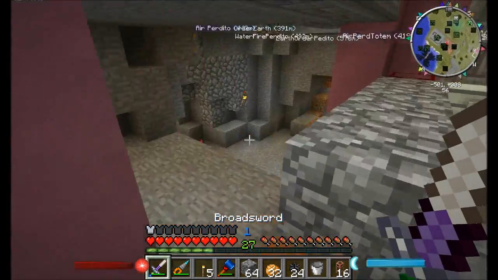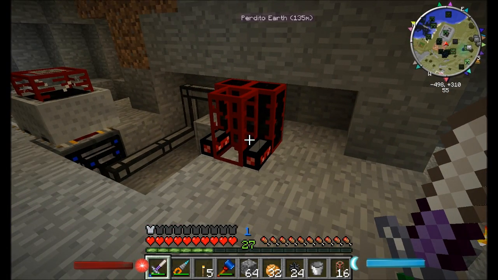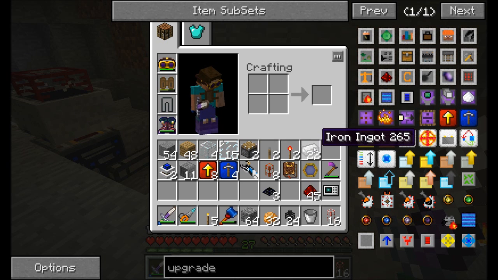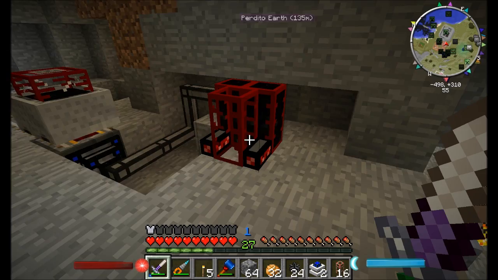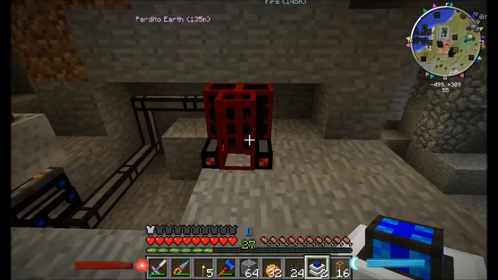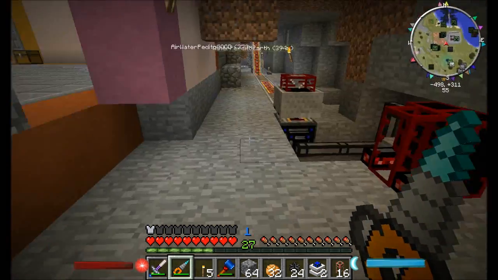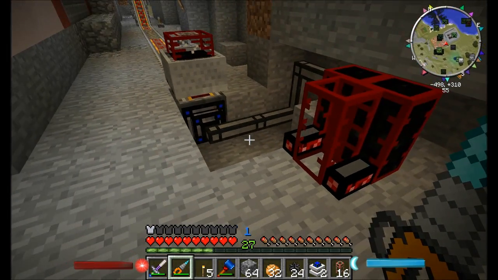Alright, let's get to work on what should hopefully be a pretty neat build. Basically, there's a couple things I want to do here. First off, I'd like to direct my redstone combustion engine right here to power... how do I want to do this? I may eventually expand this, so I want to be prepared for that. So...